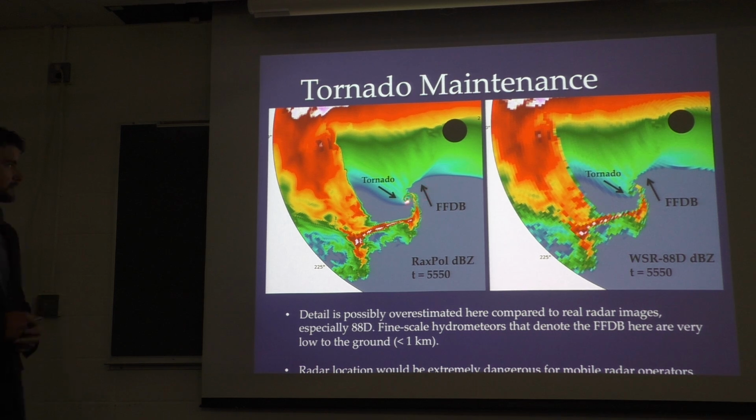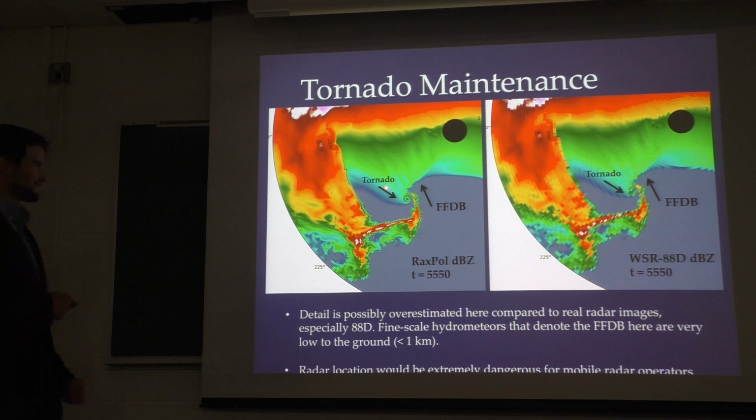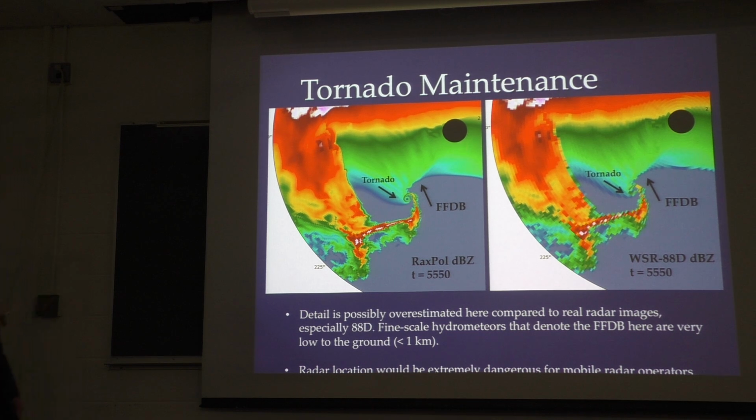Here's the tornado. We got the nice donut hole with no rain in the middle, although there is rain in the middle, but not as much as what's around it. And this is the forward flank downdraft boundary, which is now kind of reoriented to the northeast as opposed to being more north-south. And we actually get a lot of that showing up still pretty nicely in 88D. Again, I think a lot of this right here in the weak echo region is fairly generous, but we are right on top of the radar.